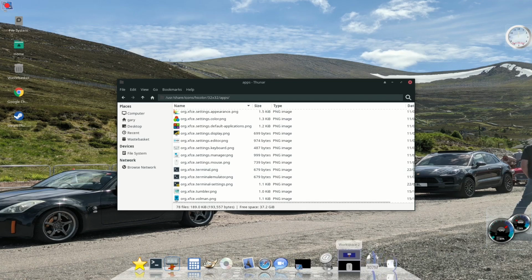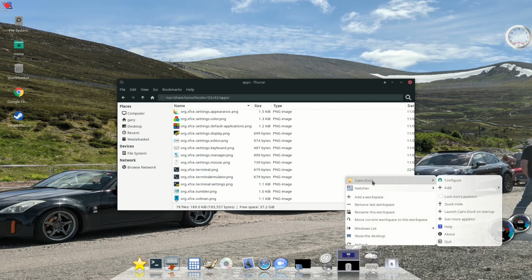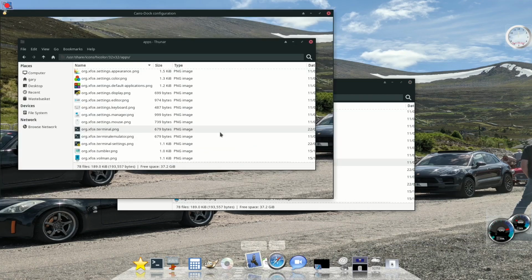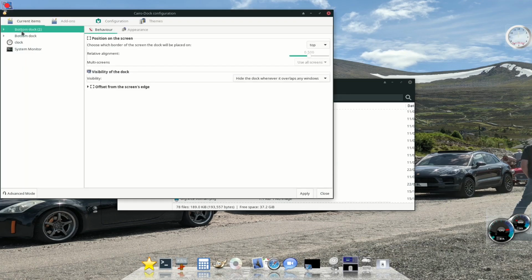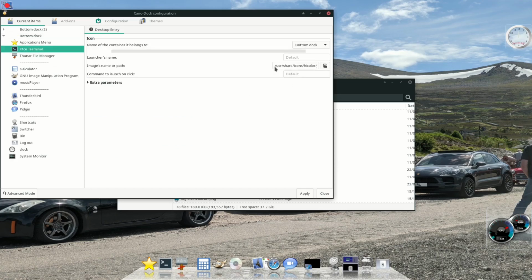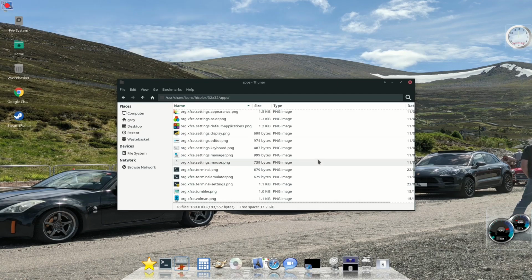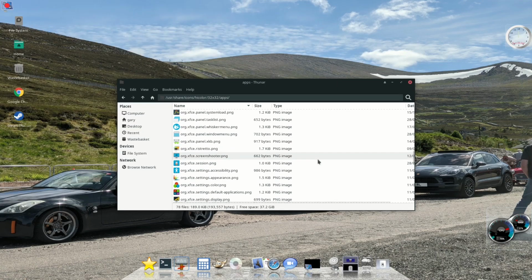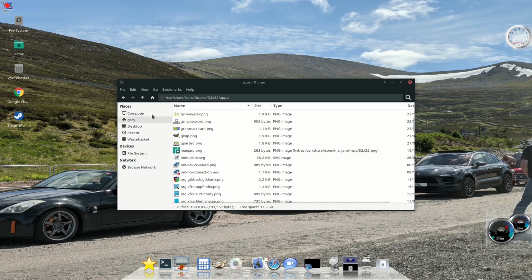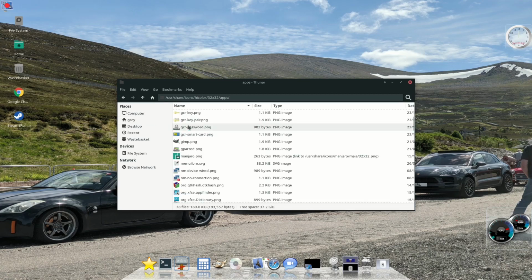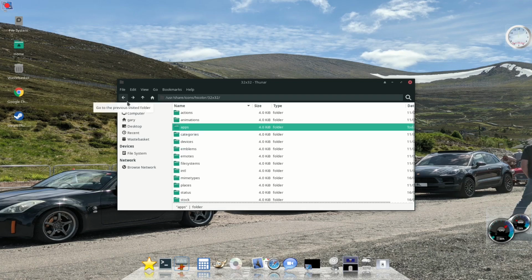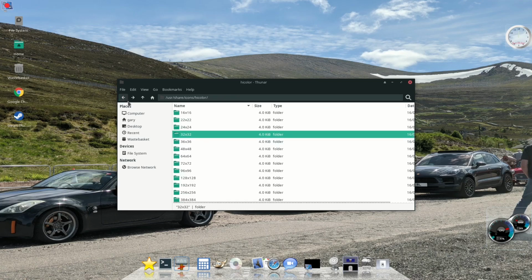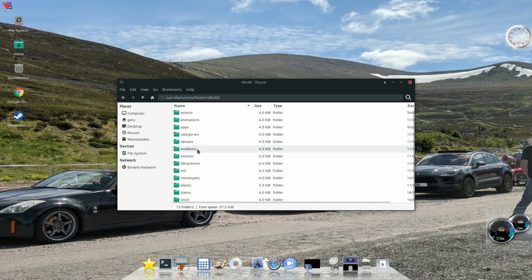So what I did was I right click on the Cairo Dock, went into configure, and then under current items I opened the bottom dock one, went to the terminal, and I pasted the path there. For tune it was slightly different because you'll see it's not actually in the 32 by 32. Now my initial thought was to go 16 by 16, but then it stretched the image too big the other way. So what I did was I went to the 48 by 48